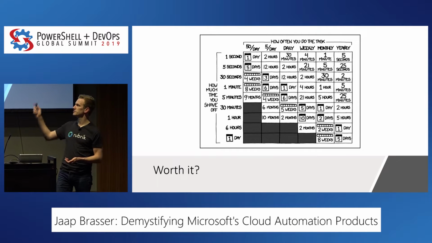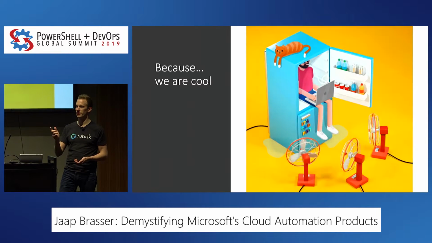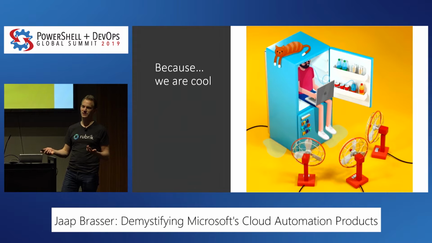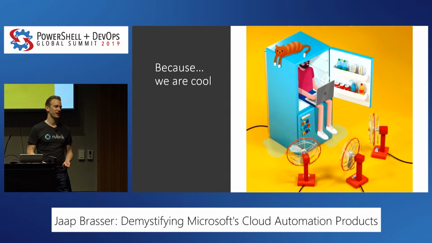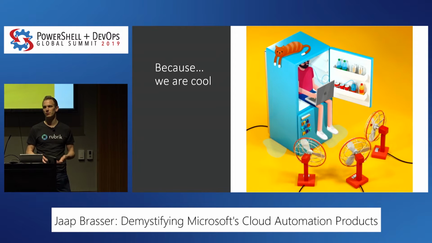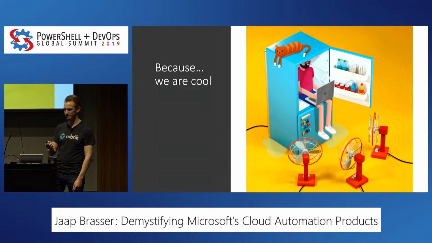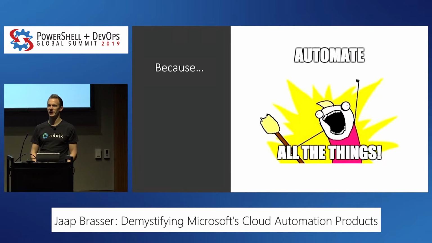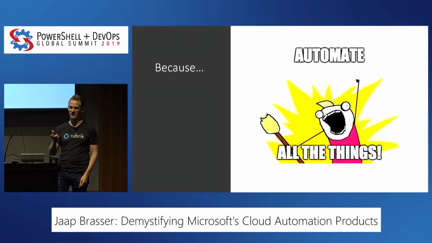So aside from this cool graph, which shows that if a task happens X amount of times, and costs so much time, at this point it will be worth it to invest some time. I don't fully agree with this one because there's another reason. We want to automate things because we're cool, right? Sometimes it's just a lot of fun to create something. Even though it's not extremely useful, it can be a good learning experience. And, well, it's fun to stay engaged. So we're going to automate all the things. This is the meme for now. I'll actually get to the session. So,